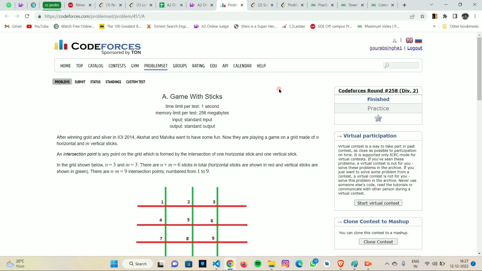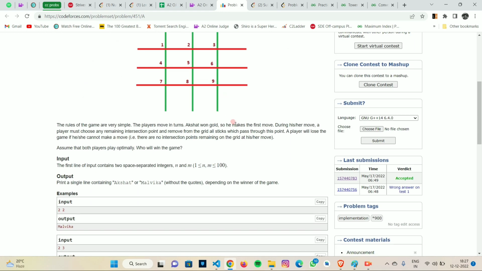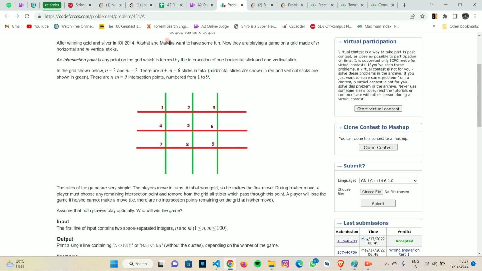My name is Gourab Singha and today we are going to solve the 12th problem of Div 12 from A to J, Game with Sticks. In this problem you are given two integers n and m. n denotes the number of horizontal lines and m denotes the number of vertical lines. There are two players, Akshat and Malvika,